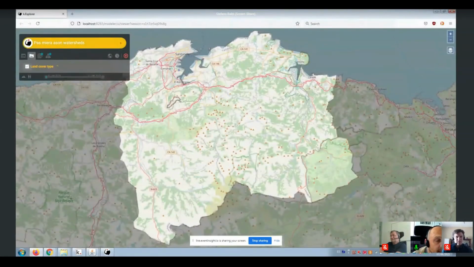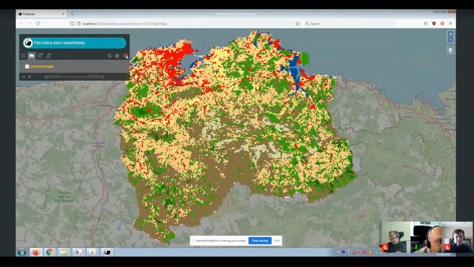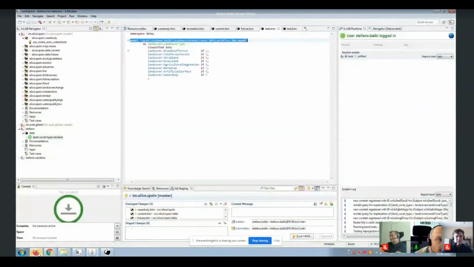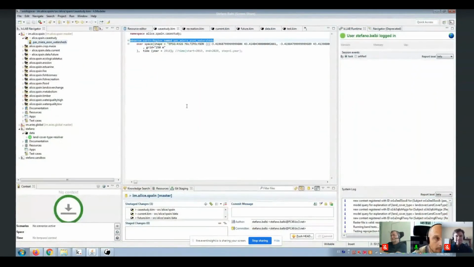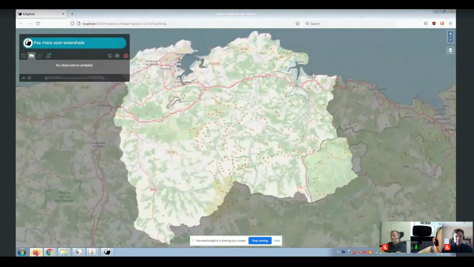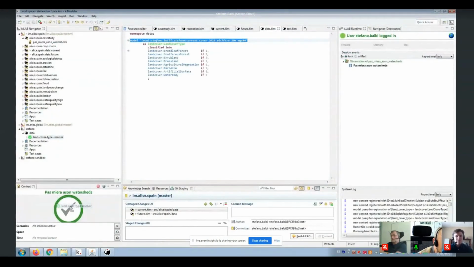Okay, now a little bit nicer. I can increase the resolution. Now I'm working at 250, for example. I can do it here. I can go, for example, at 50 meters. The data itself is at 50 meters. So the resolution is bounded to the resolution of the data, obviously.